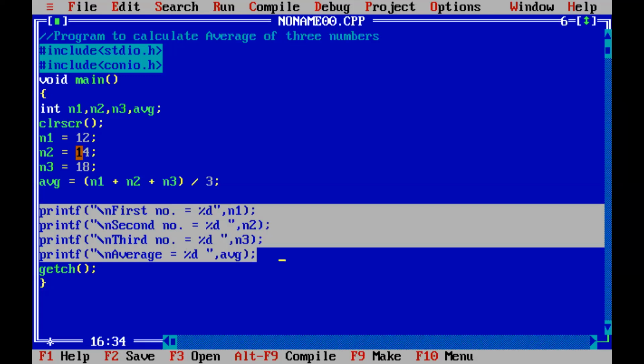Okay, so now I'm going to show you one program in Java where the object-oriented programming approach is followed.